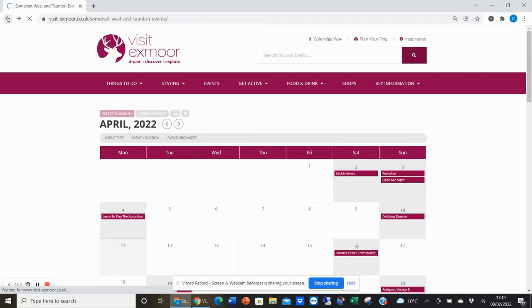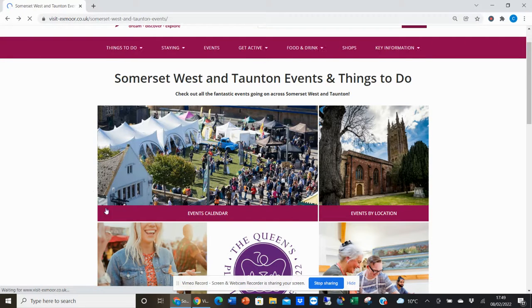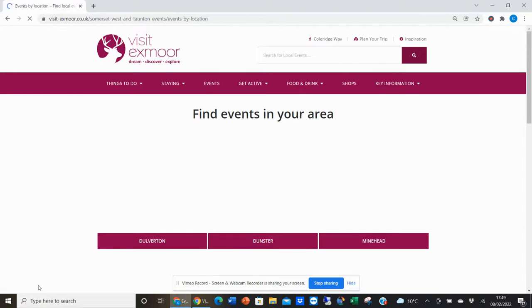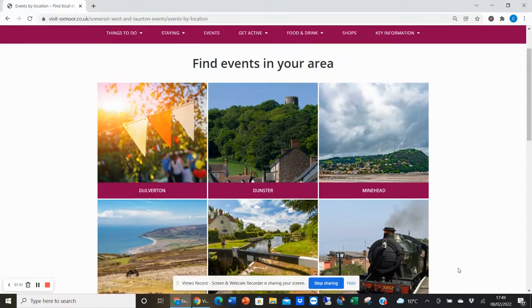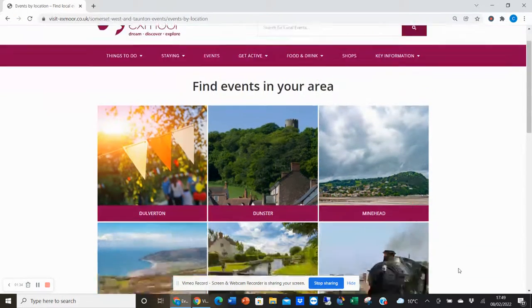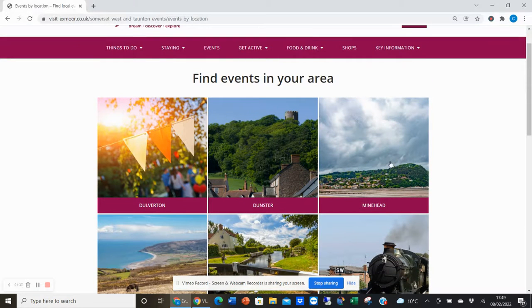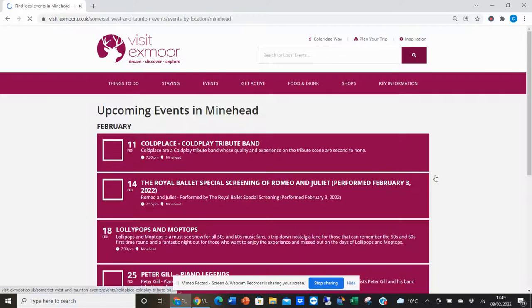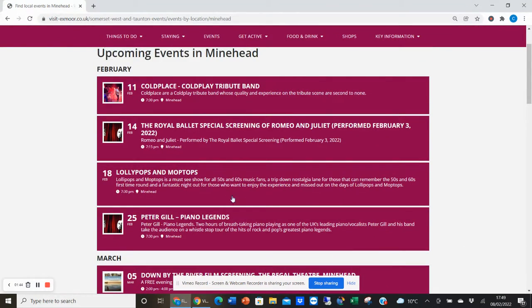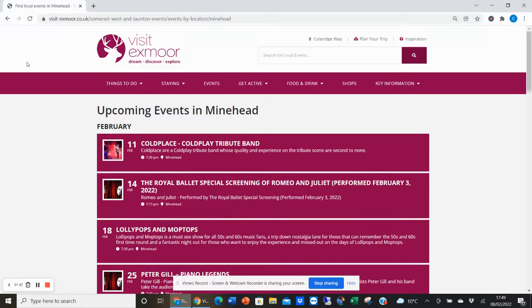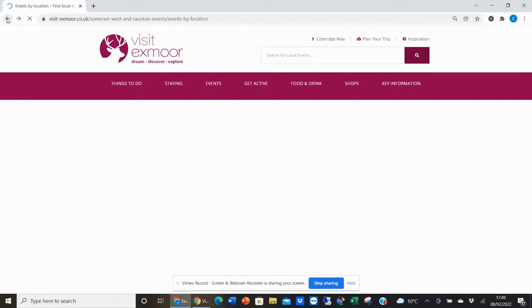If we just head back to the landing page. So visitors can also search for events by location. You'll see we have a landing page for each location. So for example, if we head into Minehead, we can see all of the listings taking place, and they are separated by month there as well. So if we head back to the landing page again,